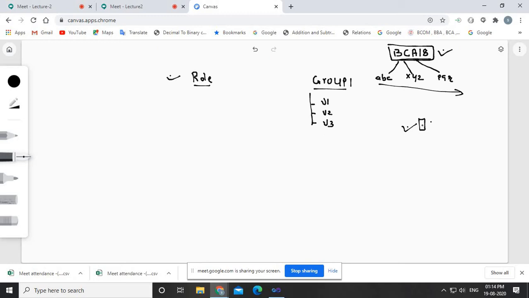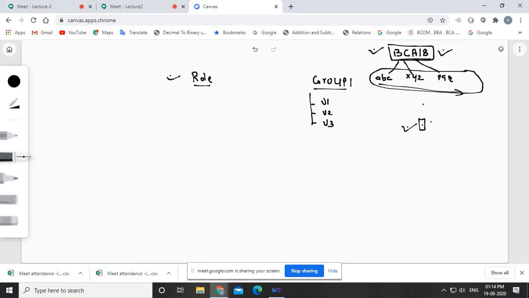I just right click on this particular file, go into the security, select this group only, select whatever read or write privileges I want to give, and click on the OK button. Now the privileges are given to the BCA 18 group, and whatever members are in this group can access this particular file.